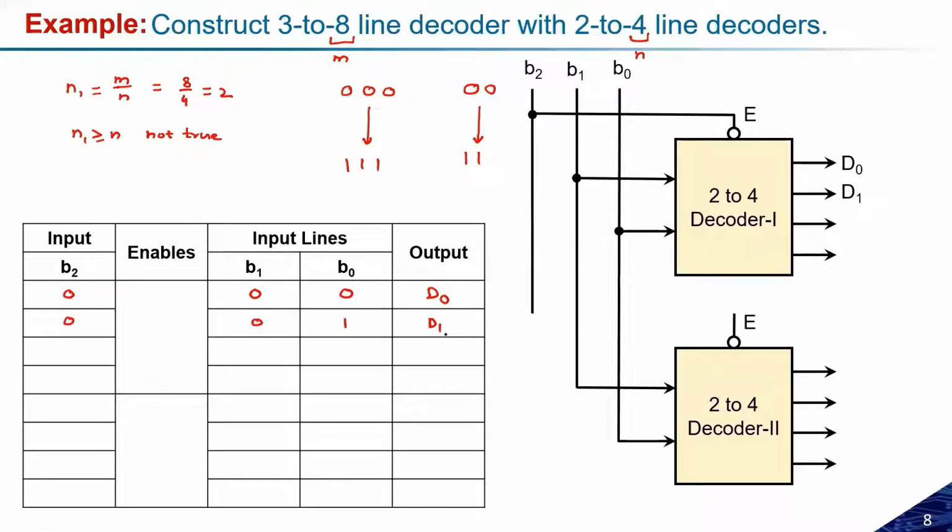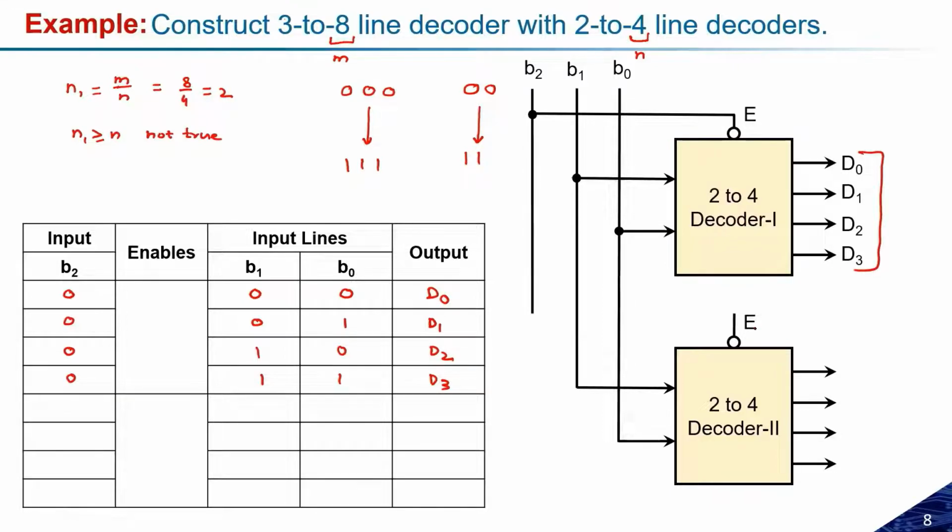Okay, so this is a very important point. And similarly, 0 0, 0 1 0. In the 0 1 0, D2 will be the output, and so on, D4. So 0 1 1, that will give you D3 as output. Now, because we need 8 outputs and 4 outputs we have finished from the first decoder, now I need to